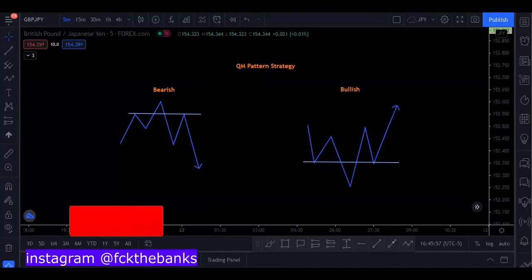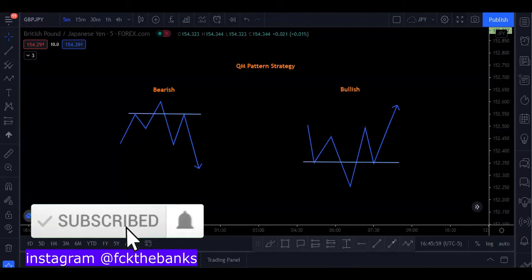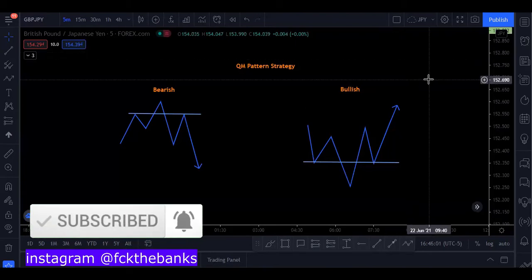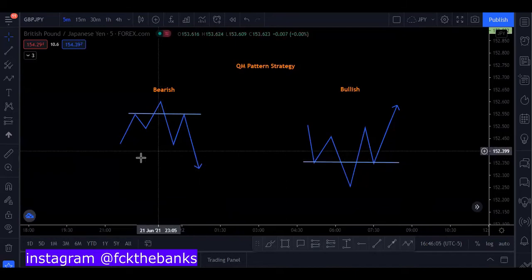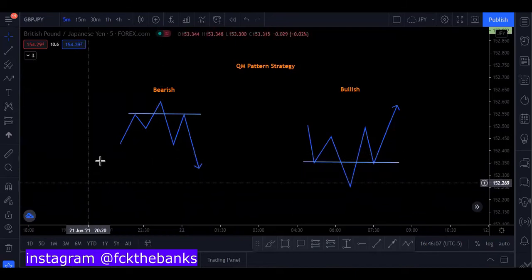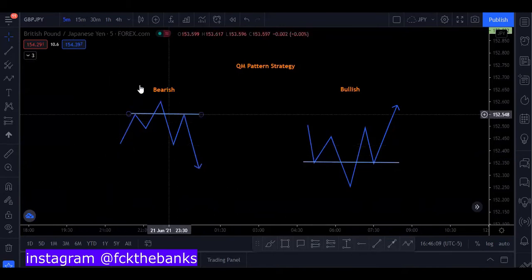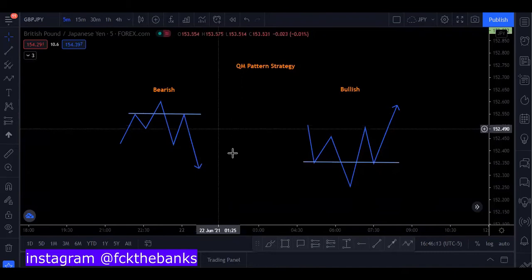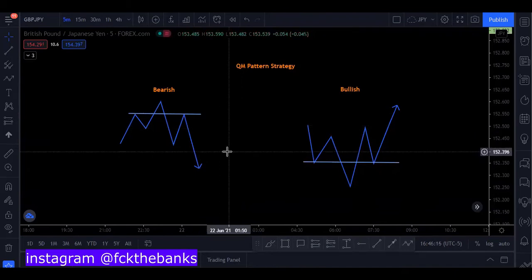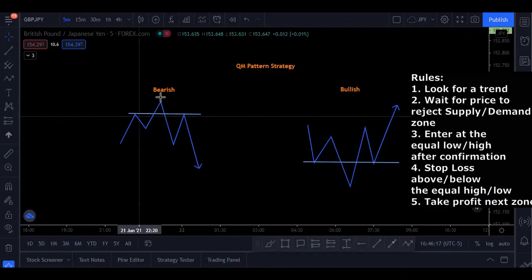So basically, what we're gonna identify is very similar to a head and shoulders. Okay, so for a bearish pattern, first you're gonna be in an uptrend. You're gonna be bullish, then you're gonna hit a major zone or a supply zone. And what you want to do is go to the lower time frame, and you're going to find a